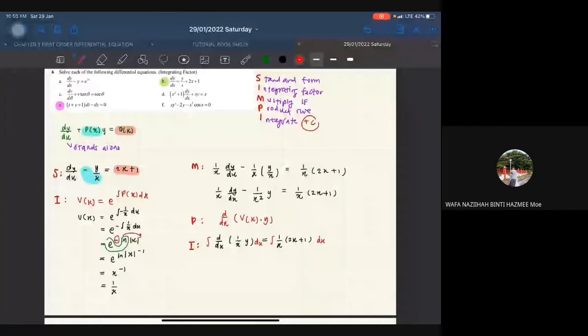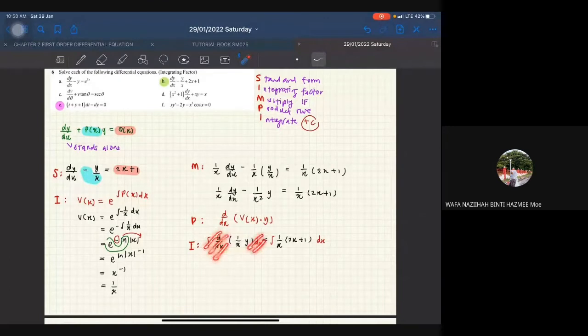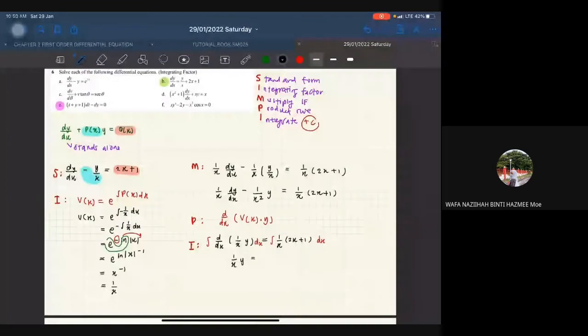Macam ni. Okay, so this one is integration, this is differentiation of this one. Bila kita letak integration, dia akan cancel out. So maksudnya differentiate dengan integrate, cancel out. So tinggal ini sahaja, sebab dia anti-derivative. So dia lawan balik, so dia cancel each other. So awak akan dapat dekat situ 1 over x, y, which is equal to,